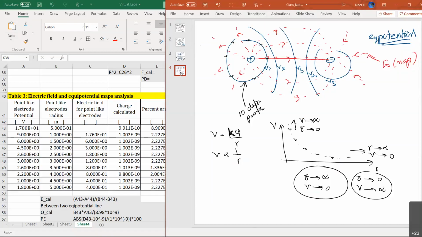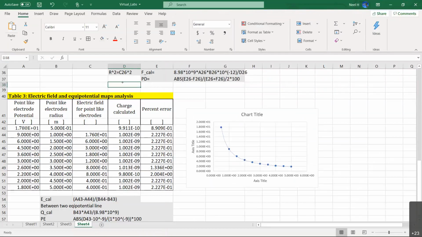Got it? Any questions? Now you know the idea of equipotential lines. Between each equipotential line, there's an electric field, so we can calculate it by knowing the potential and the separation. And right here at the end, what we're testing is, if I know the equipotential values around the charge particle, and the separation from the charge particle to the equipotential line, then I can check that behavior. That's what we're observing here in your lab report.